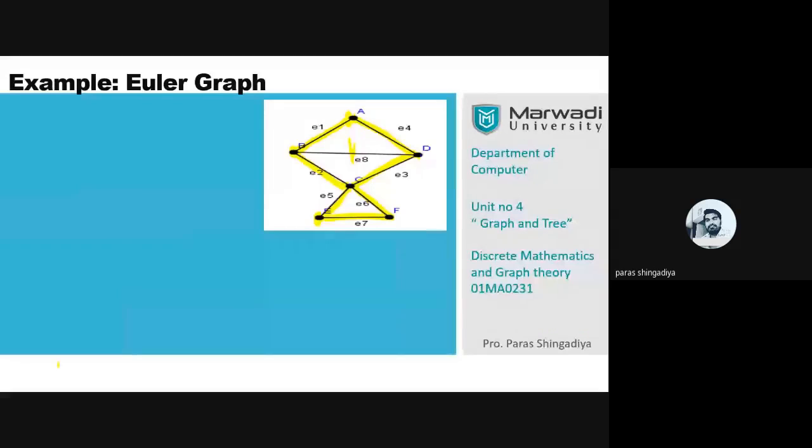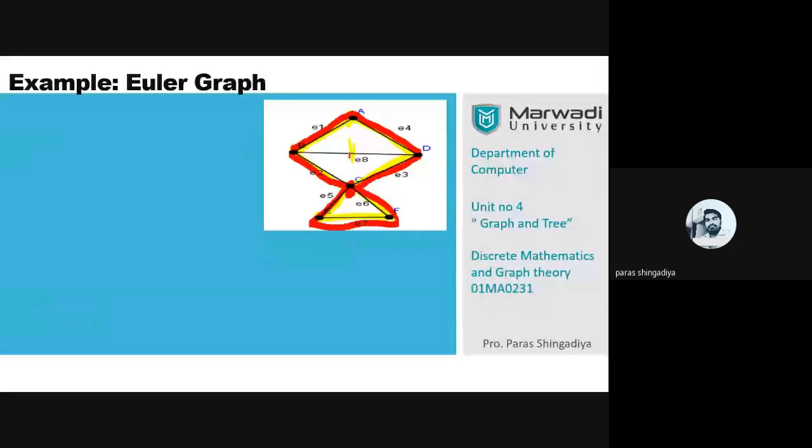Let us think about it. Let us consider that the starting and ending points are different. Let my starting point be C. I start my walk with C. So you have four possibilities. You can move this way, E2, E5, E6. Consider any path. Let us start with D, then reach A, then B, then C. Now from C, you have to complete this way, either E7, then F, and reach C. So here also one edge is missing. E8 is also missing.